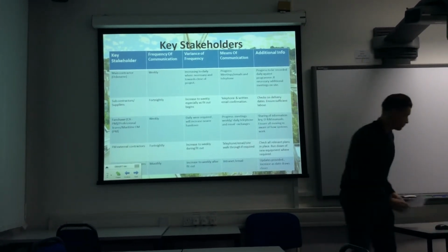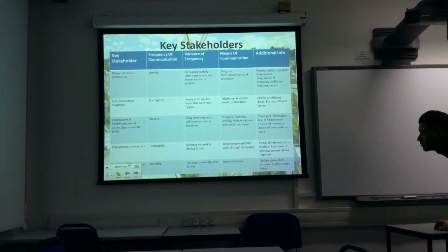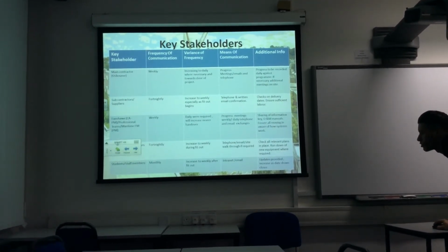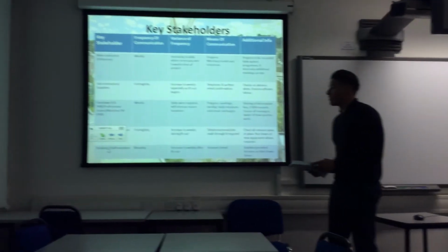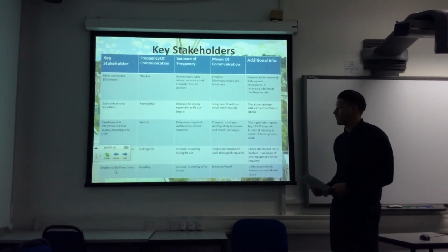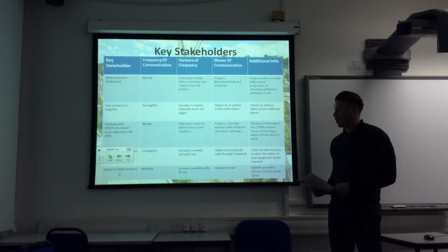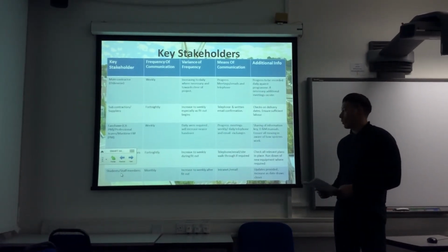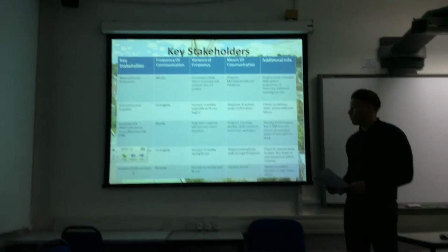The last one is students and staff members. Again, these are listed as keep informed, not key members, but they need to be kept up to date with the progress. This will be done initially on a monthly basis, and then as we're looking to migrate down to the site, increase it to weekly. Done using the building system and via